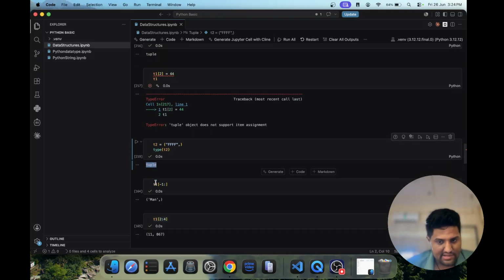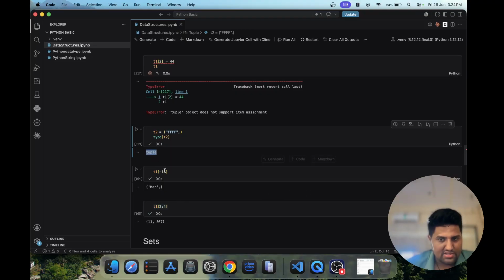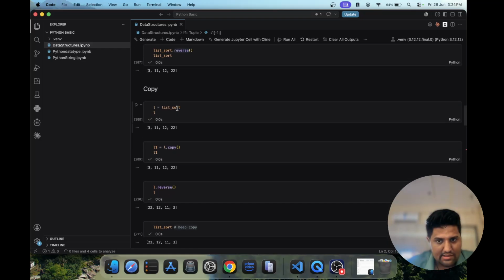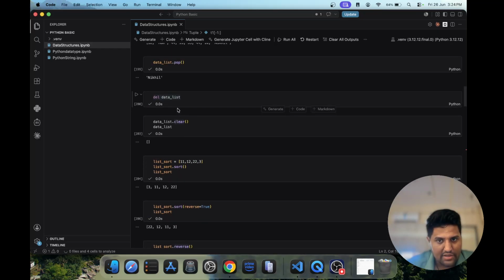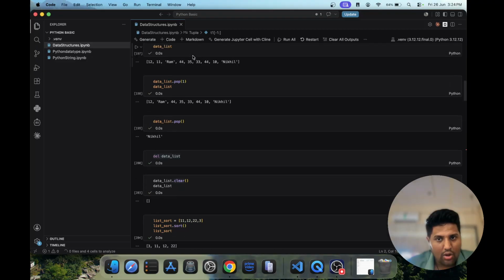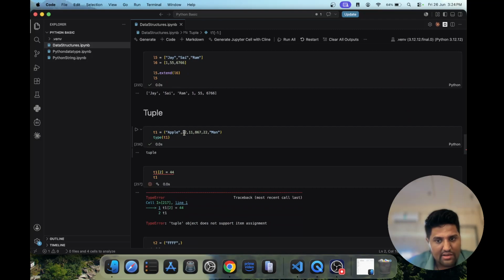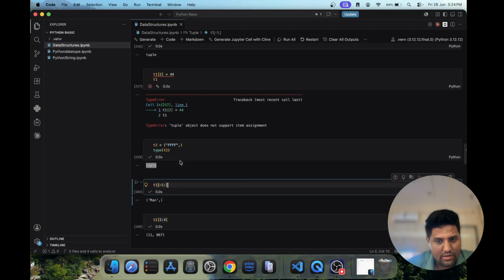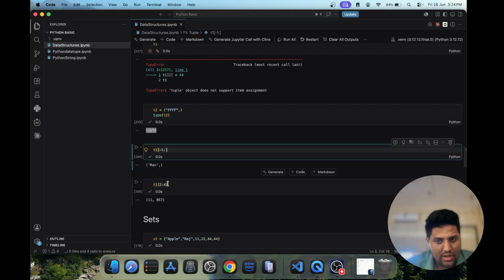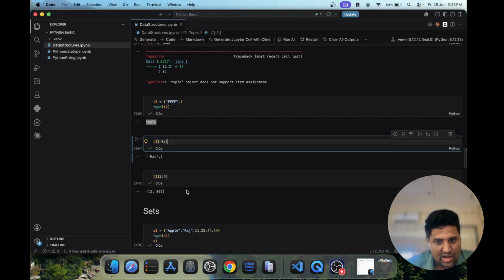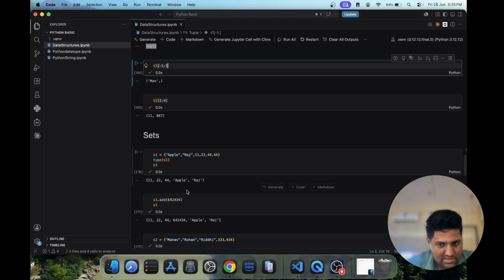Hope you guys are understanding. Then the slicing operations for a tuple are the same as for a list. Then the copy method, sort method, clear, del, pop, remove, all these methods are also there in tuple as well. So I'm not going deeper into this part because we have already discussed all the methods and slicing operations on a list. Okay, so now we are moving ahead with the set, which is another